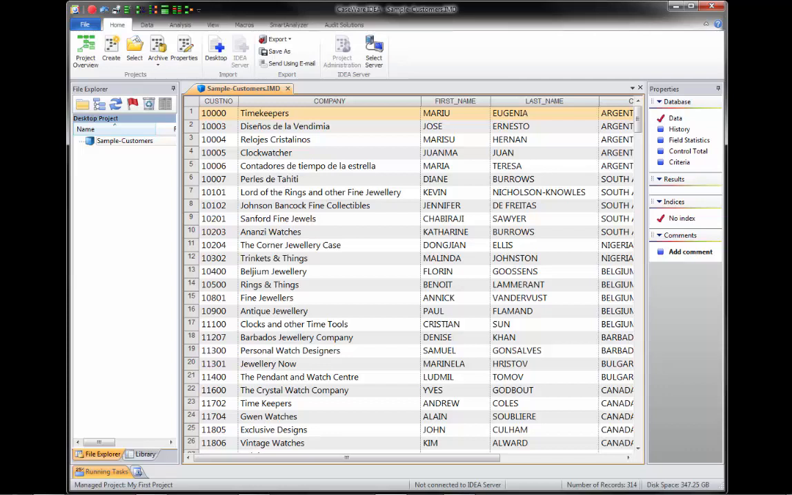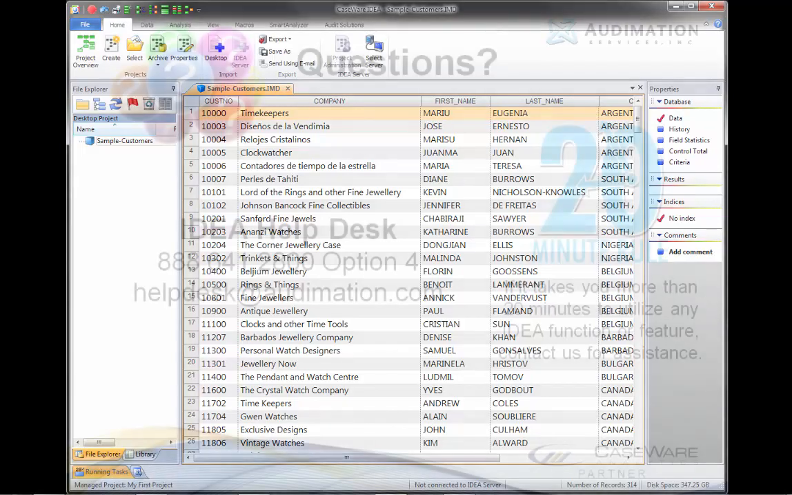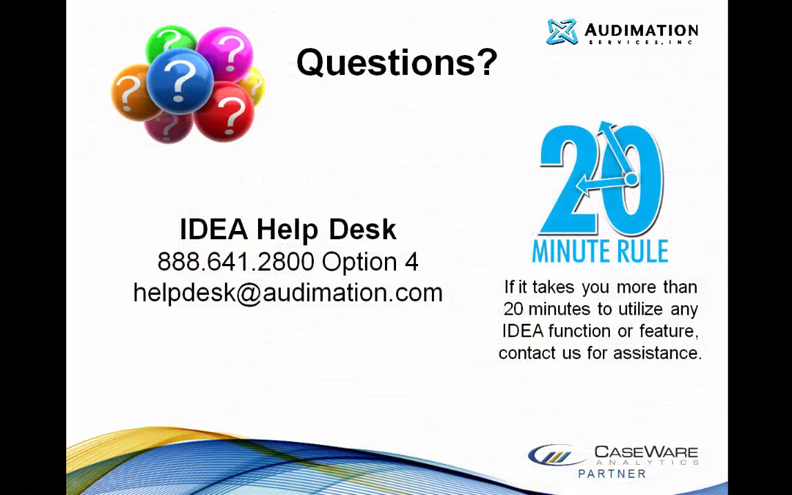Now that the data is imported and secure from accidentally altering any values, we can start our analysis or audit procedures. If you have any questions, need more information, or assistance importing your Excel data into your project, please call